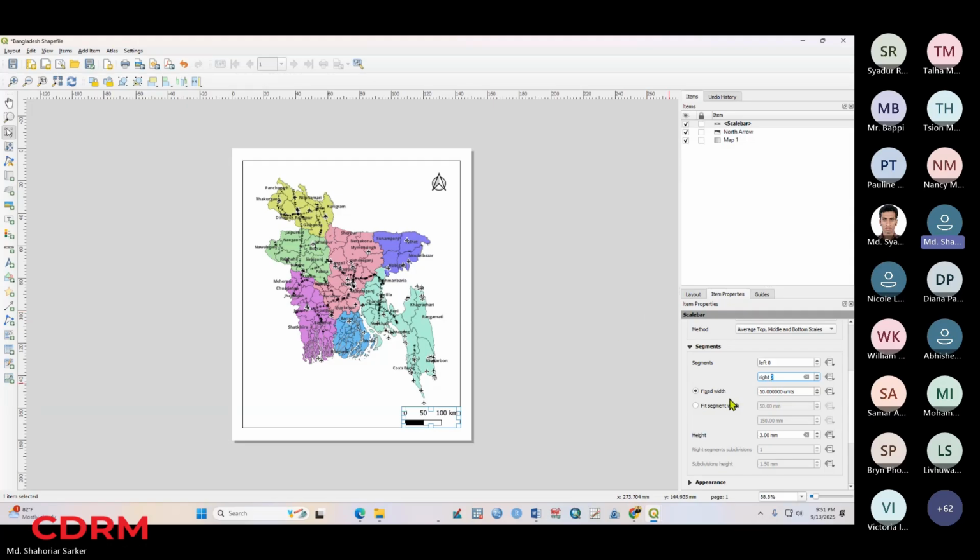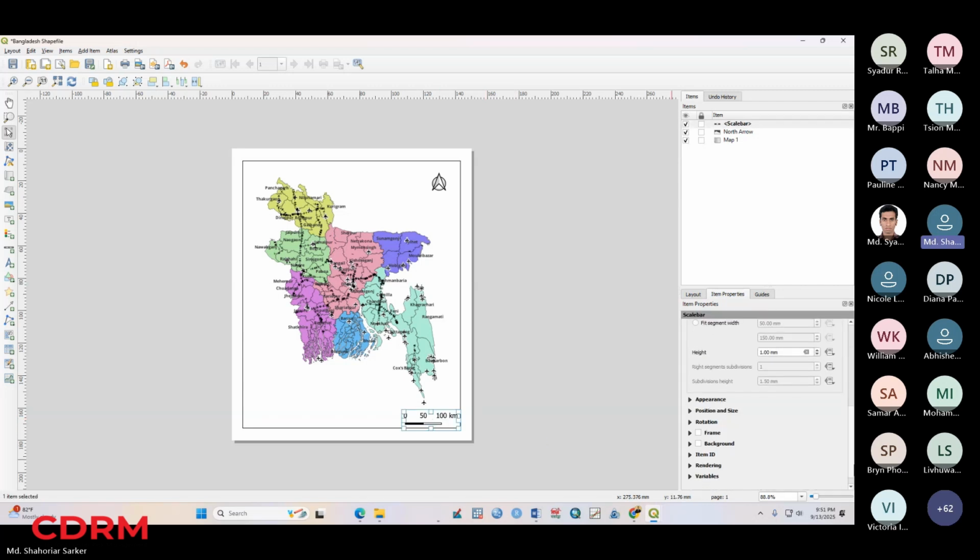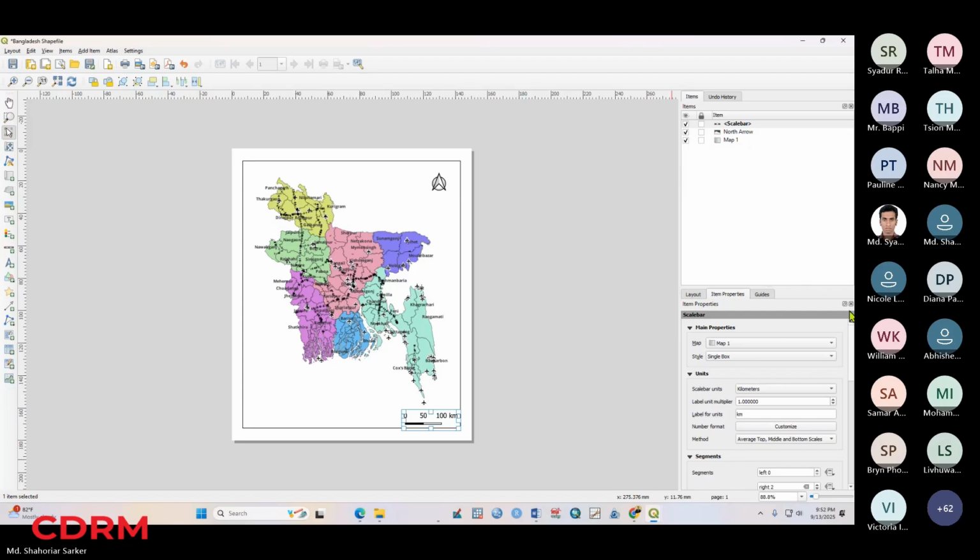I can change the height as well. So here you can see. For better visibility, I think this looks good. You can change the text as well if you want. You can change the position, sizes and text as well. So for now, I will just use